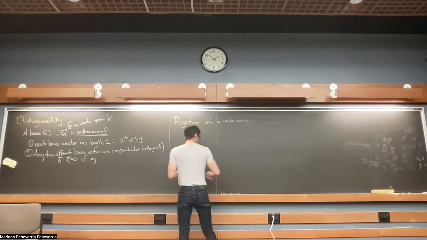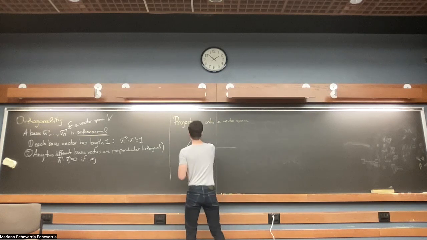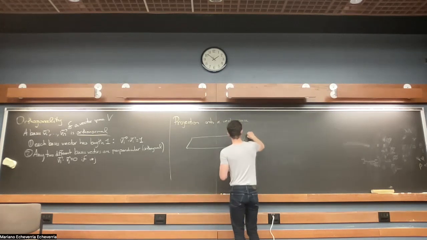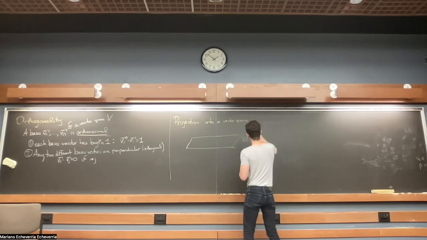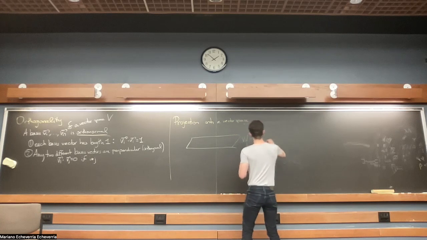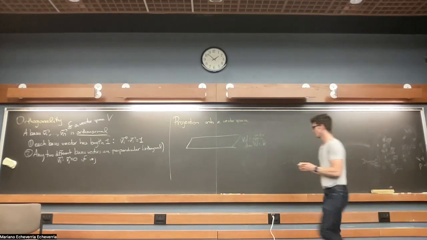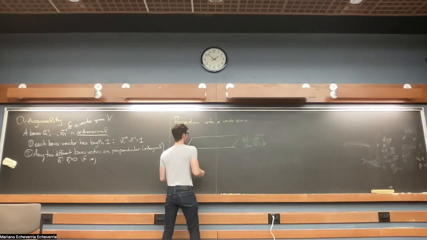Let's say that you have a vector space W, and the dimension is going to be k. Now, when you have a vector v,